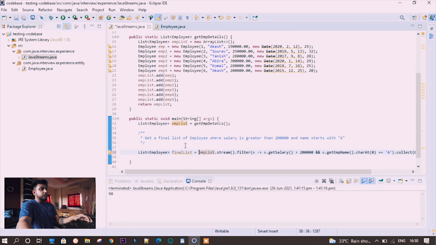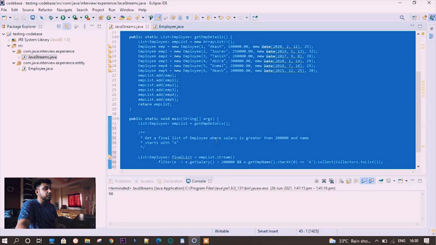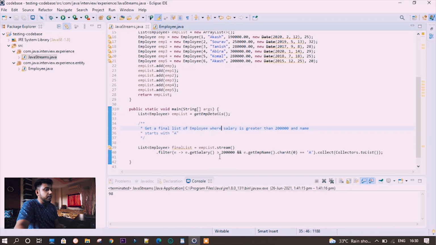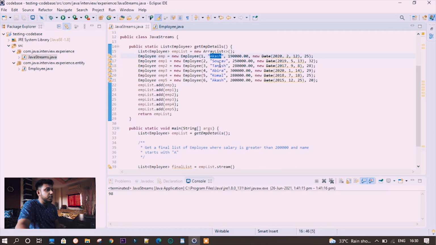Okay, now let's check what the output should be. Now salary is more than 2 lakh and starts with A. Now we have Akash, Avira, and one more Akash.